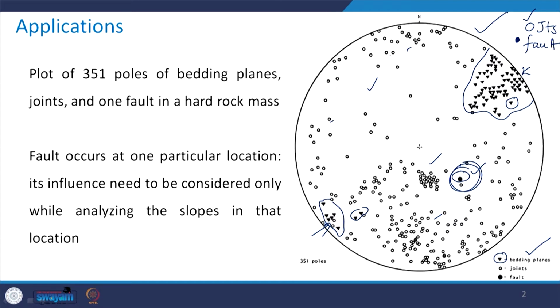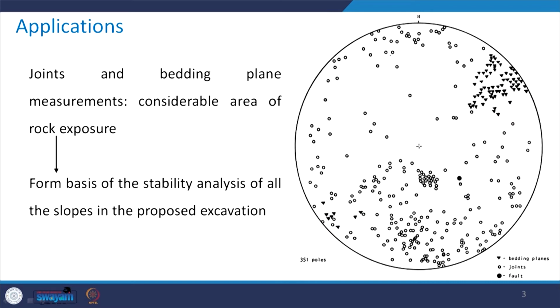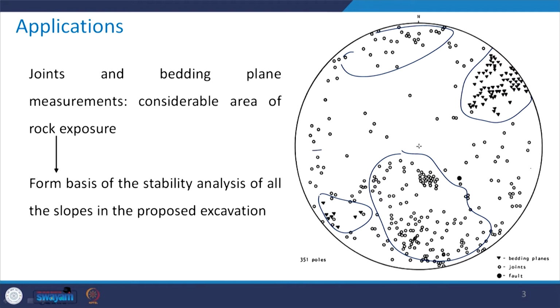So, right now we will be discussing mostly these slopes, but then we will discuss these things with respect to tunneling and foundations on weak rocks as well. As I mentioned, these are the bedding planes here and in this zone, and joints are everywhere. All the joints are scattered throughout the whole area. So, basically wherever the concentration of these planes is there, or wherever we need to analyze the slope, accordingly we will go ahead with the analysis.